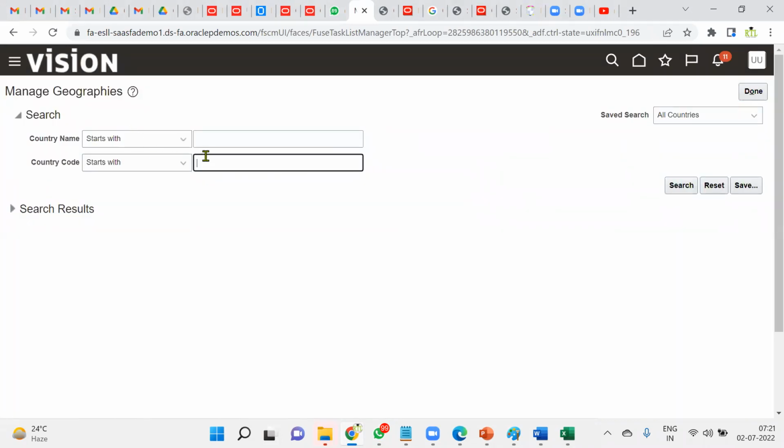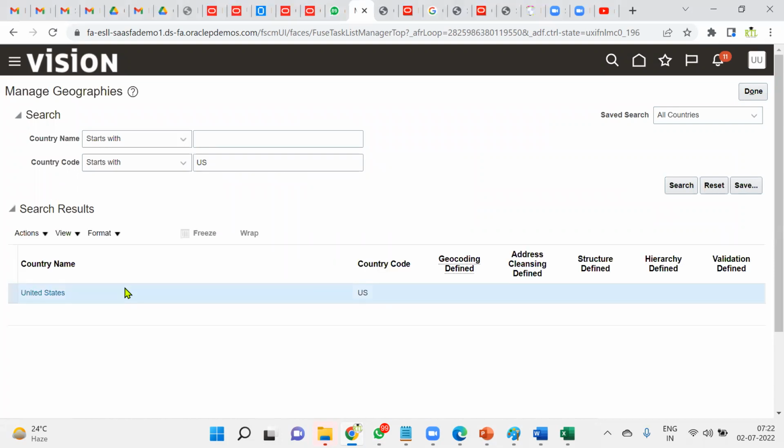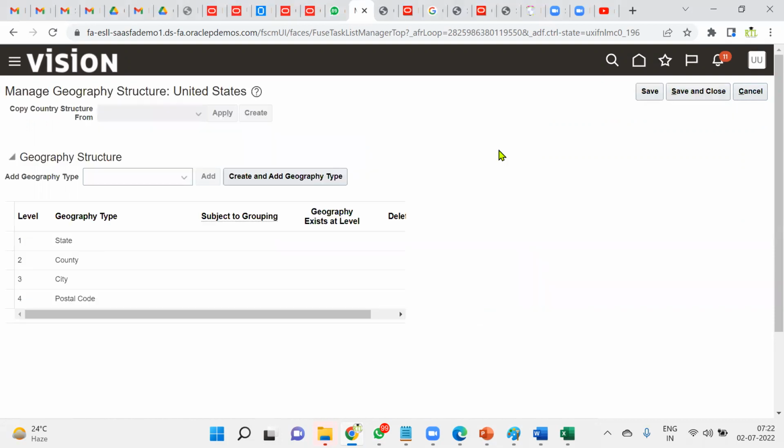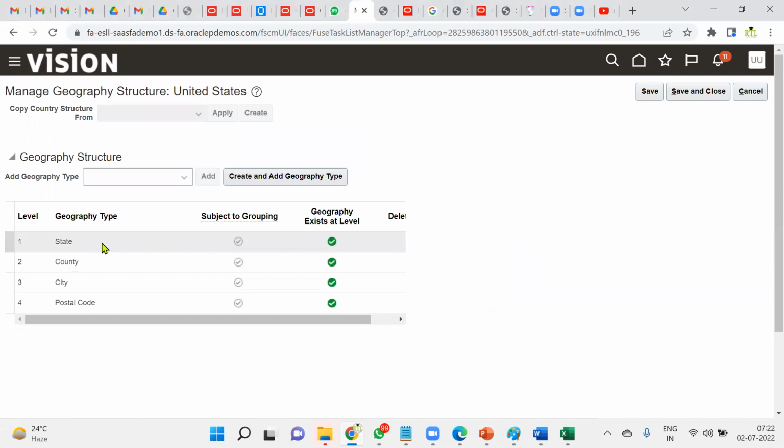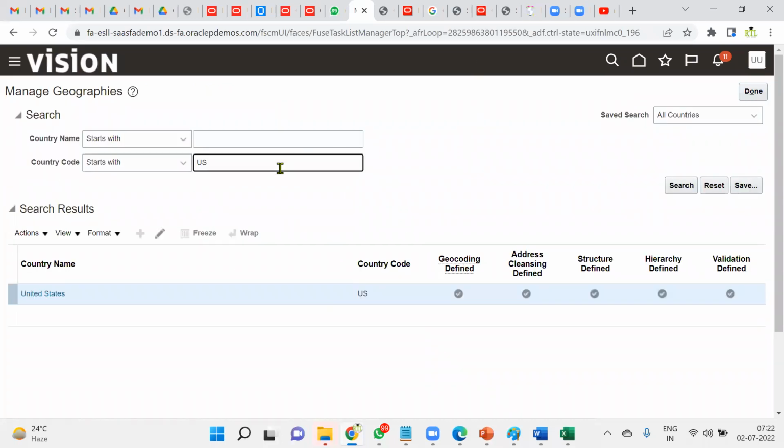And we would like to choose country code US here. Generally, Oracle provides the standard structure, whatever structure your client's country is following. Most countries will have a standard format, right? So we will find the structure here. But clients can add some more fields if they would like to. See, for the US: state, county, city, postal code. That's the format. For example, from the interview point of view,